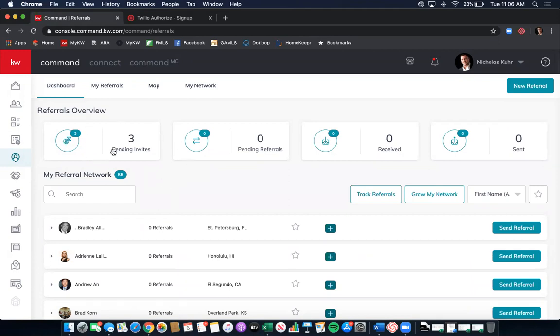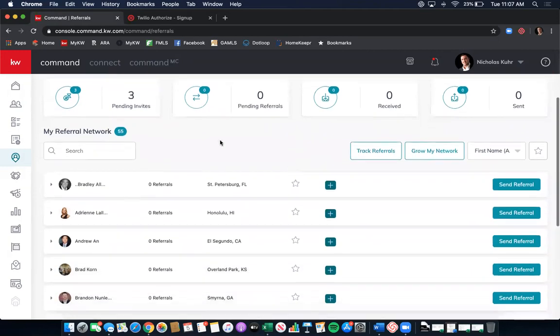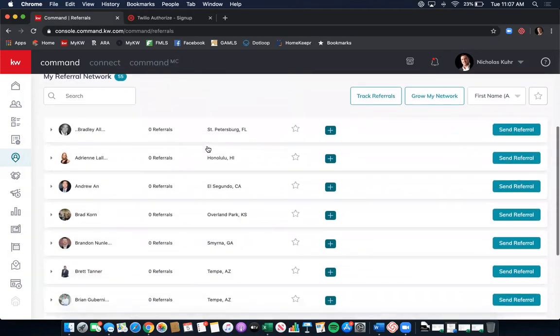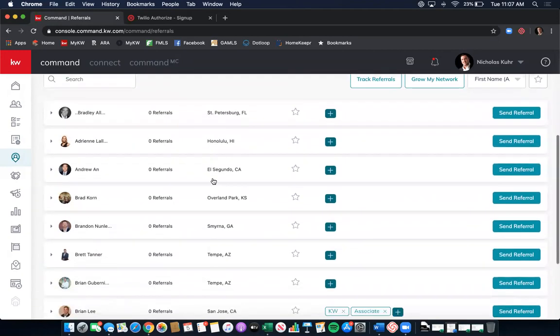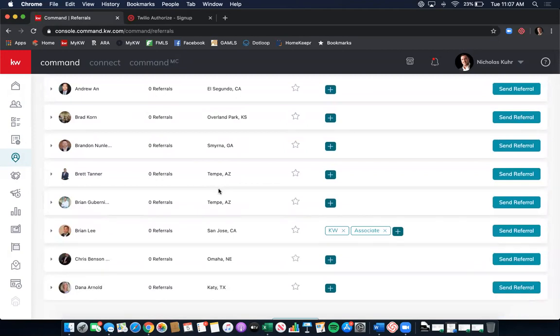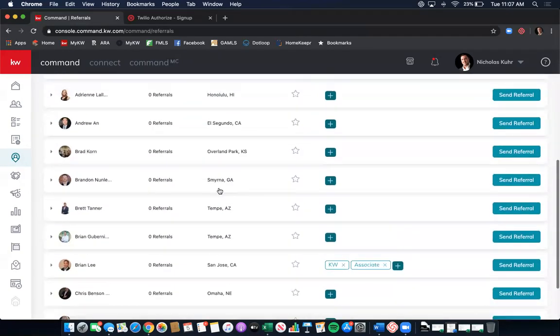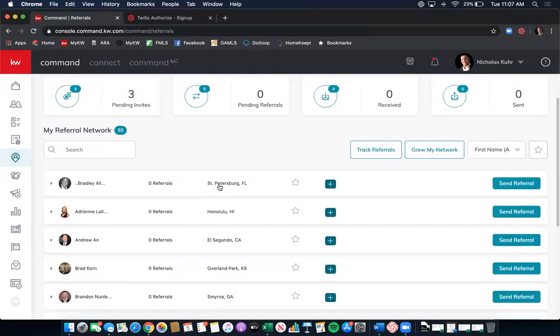So here is going to be the dashboard. You can see I have 3 pending invites, pending referrals. I haven't received any referrals, and I haven't sent any referrals. So scrolling down, you can see I have 55 people in my referral network, and here are all the contacts that I have. And you can meet people here and add them to your referral network if you met them at Mega Camp